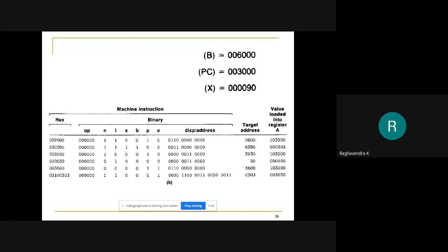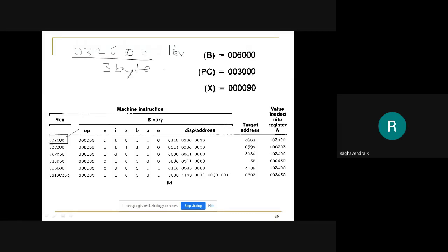For example, in the last session we saw how to interpret this instruction, 032600. It's an instruction in binary, of course represented in hexadecimal for our convenience, because I simply can't write all the zeros and ones and try to understand it. So this instruction in hexadecimal is a 3-byte instruction format.